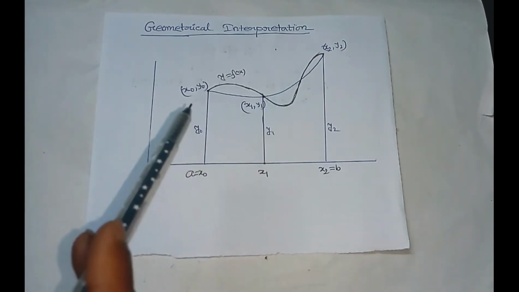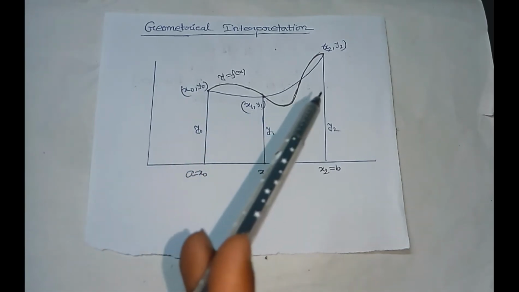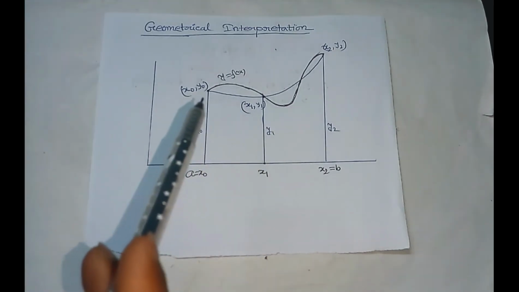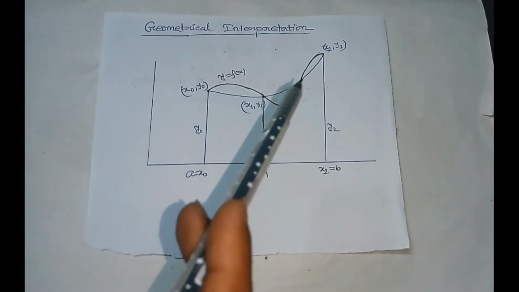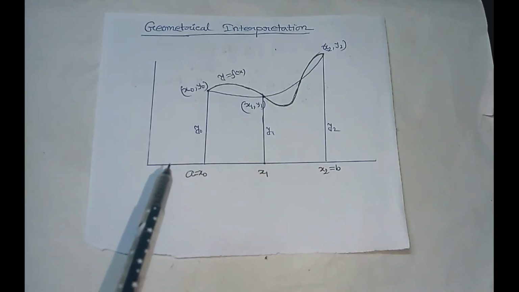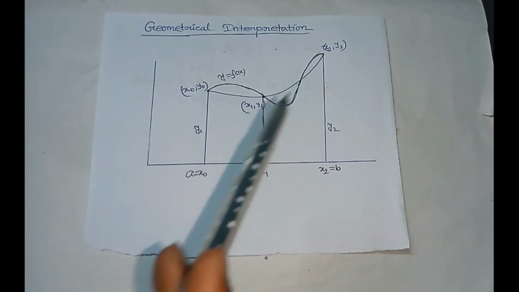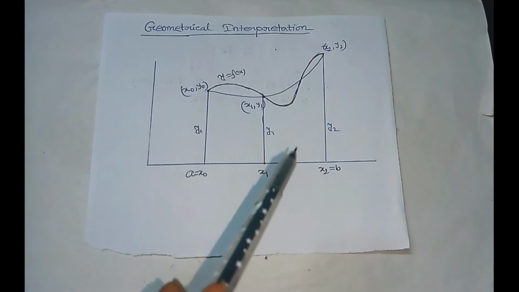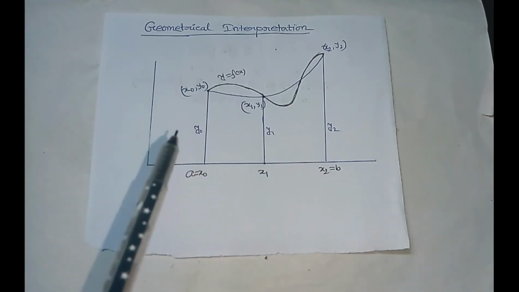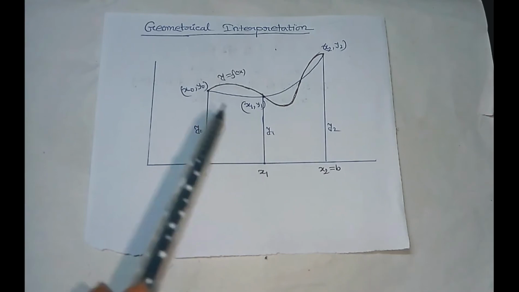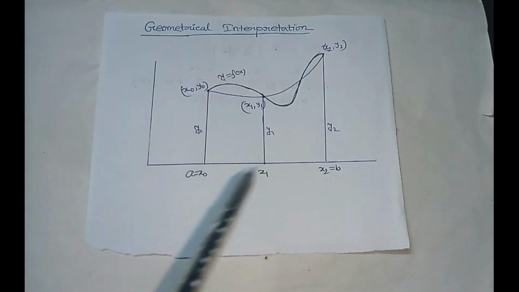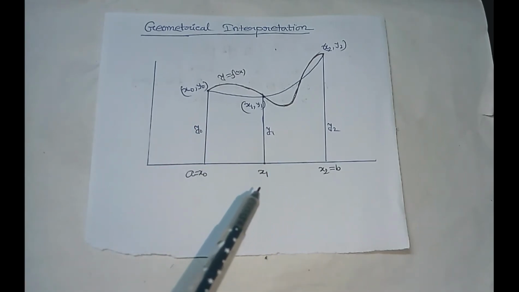Now in Simpson's one-third rule, by these 3 points, namely (x0, y0), (x1, y1) and (x2, y2), we draw a parabola. We know that we can draw a parabola through these 3 points because they are not collinear. Let this be the parabola. Now we compute the area of this parabola bounded by the x-axis and these two lines. So the actual integral, or the actual area, is approximated by the area of this parabola bounded between the x-axis and these two lines. This is the geometrical significance of Simpson's one-third rule.